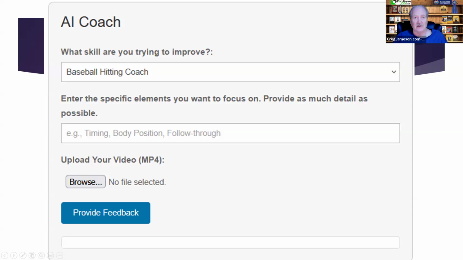The way that this whole thing works is, just like with the custom GPTs, it utilizes something called AI assistants, and we upload a bunch of background information that is used as the training data. So in the case of the baseball coach, he's uploading documents of the best way to stand, the best way to swing the bat, and so forth, and then putting in videos of that so that it knows exactly what this particular coach would say to his players.